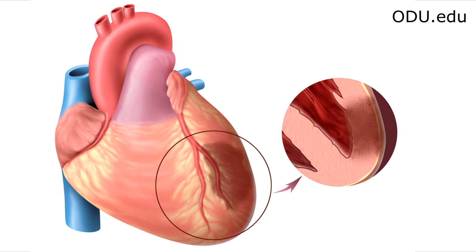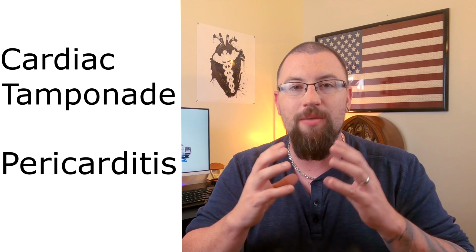Conditions like myocardial infarction or other ischemic heart diseases create very non-compliant heart tissue. This infarcted or injured tissue loses the ability to stretch and can develop into a preload deficiency, leading to diastolic heart failure. Acute conditions like cardiac tamponade and pericarditis can create conditions within the pericardial sac which can inhibit the